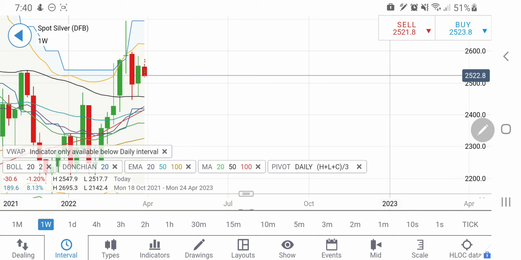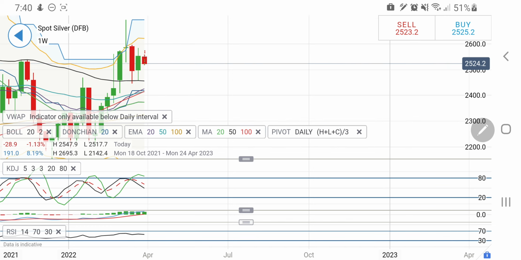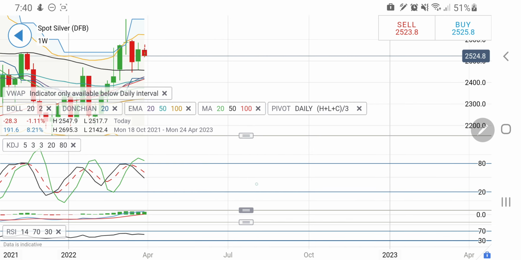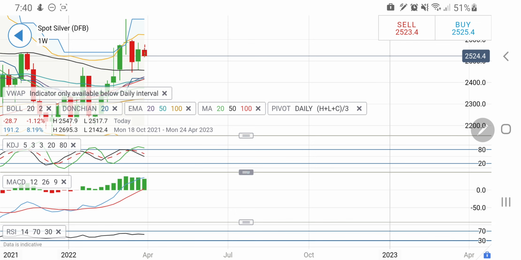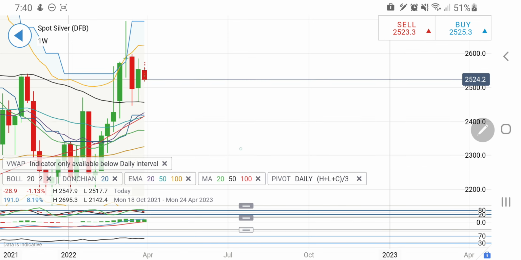For the day, if you see it trading again towards 2540, one can remain bearish and can initiate a short at 2540. From there, one can expect it to drop again towards 2500 and 2480 levels. On the upside, if it breaks 2560, definitely it is going to fly. Look at the stochastic looking downwards on the daily charts. MACD lines are trying to converge. RSI is not showing any signs there.